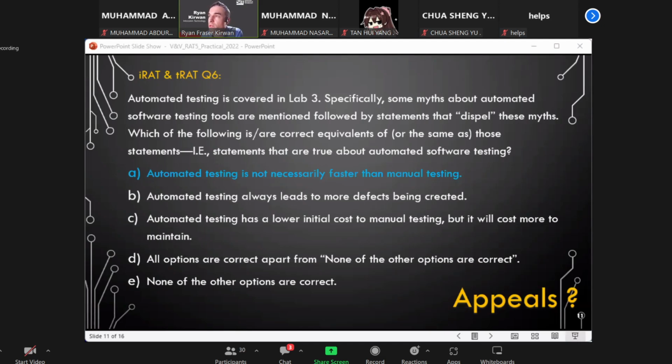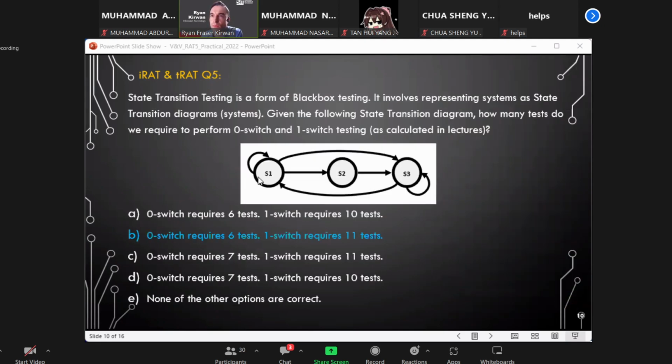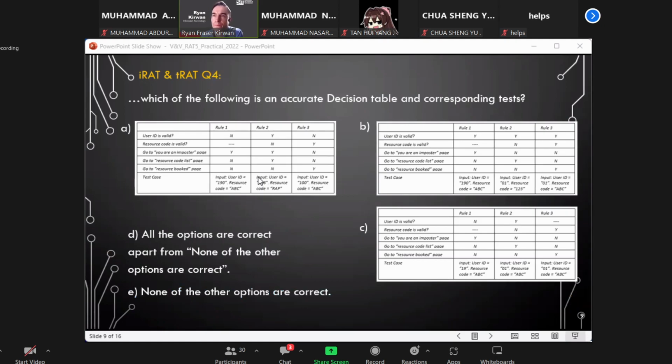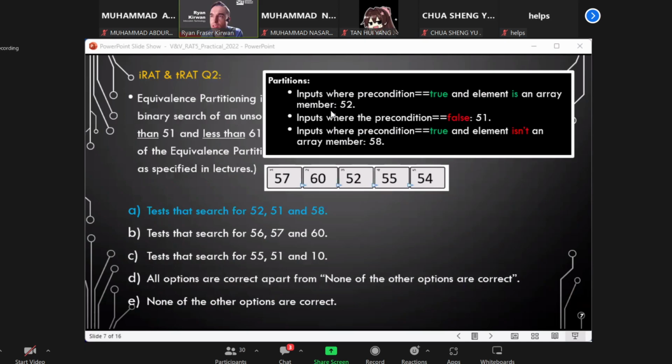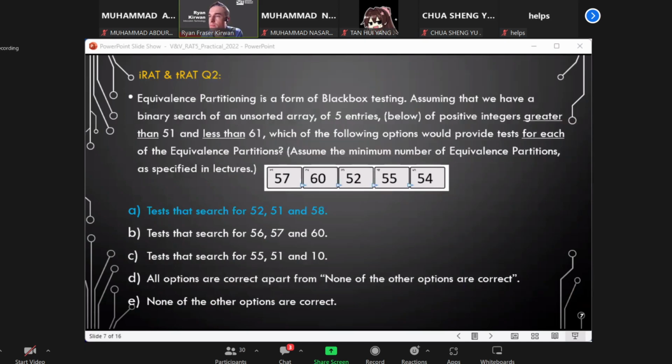So hi, Prof, is it possible to give an explanation for the equivalence partitioning IRAT TRAT question? Yes, it is. Let's go back to that one. Okay, this is boundary value analysis, and this is the equivalence partitioning. All right. Okay, so the equivalence partitioning one, this is, again, something that is kind of general principle behind testing,